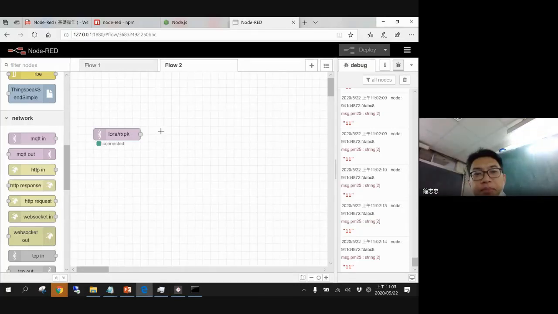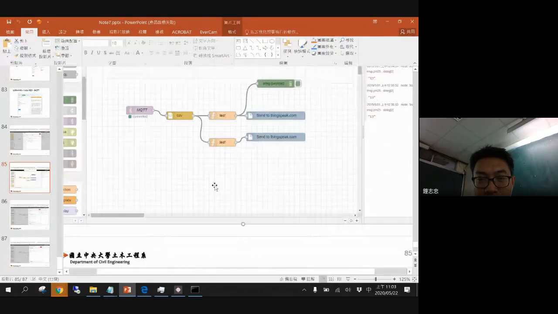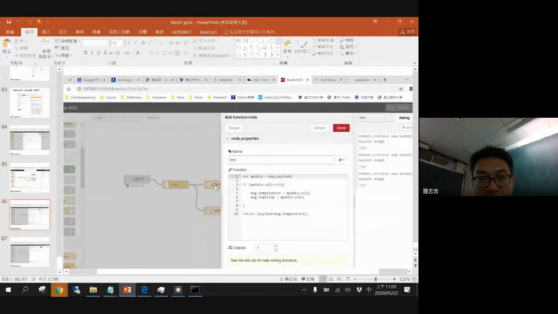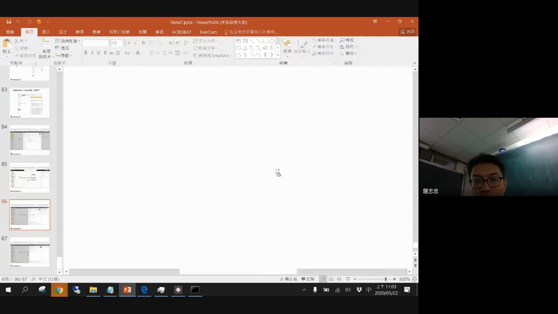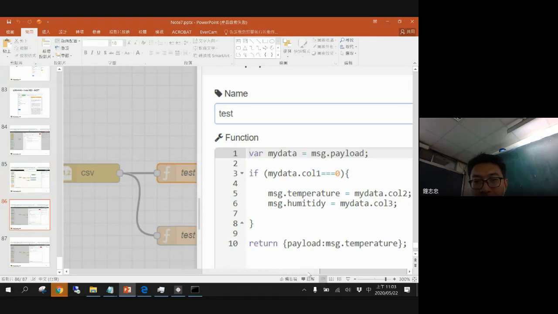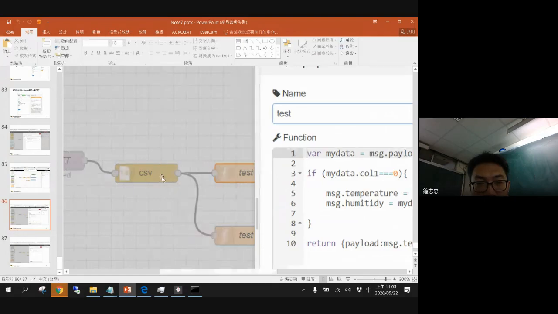And at the same time, maybe we need to finish the rest of the LoRa. Okay. And here we are trying to capture the information from the MQTT and divide it into a string. So here I just use a very simple function, CSV,